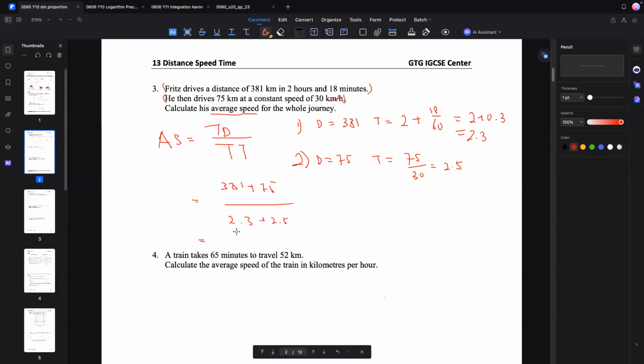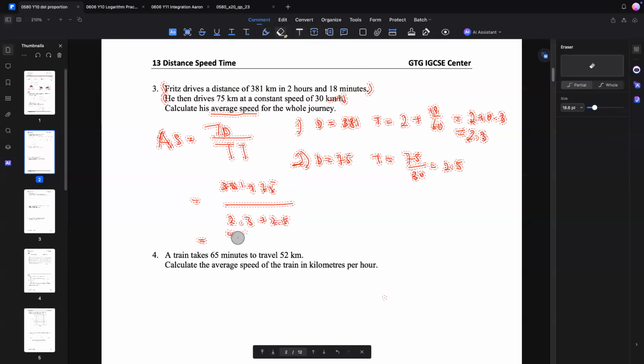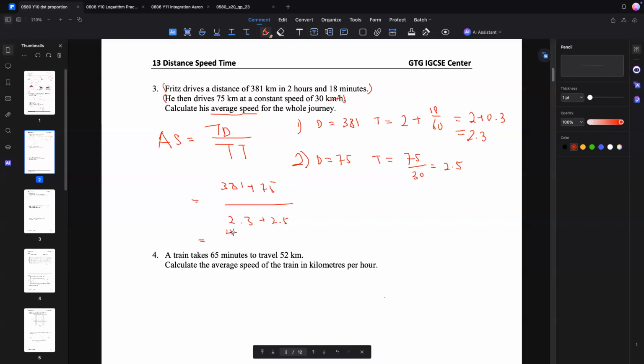And then what is your final answer? It's 456. Right. 456 over 4.8, which is